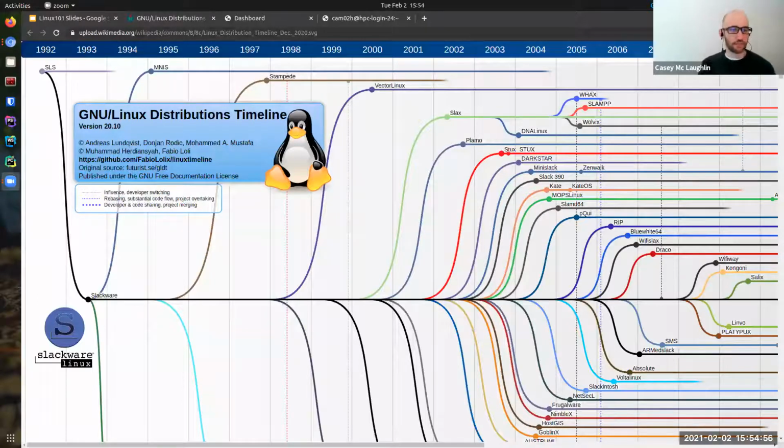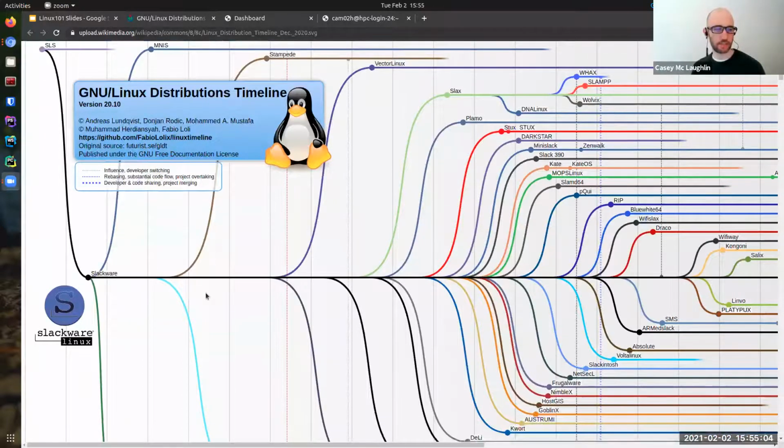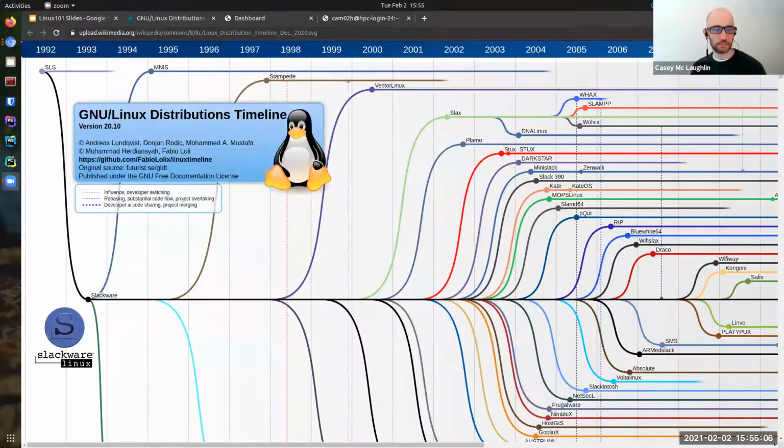If this looks like something you've seen before in a biology class, it does to me too, because you'll see some similarities in that most distributions today stem from a few main branches that have been around since the beginning. The difference in Linux is that those branches are still around and haven't gone extinct yet. Most of them, at least.